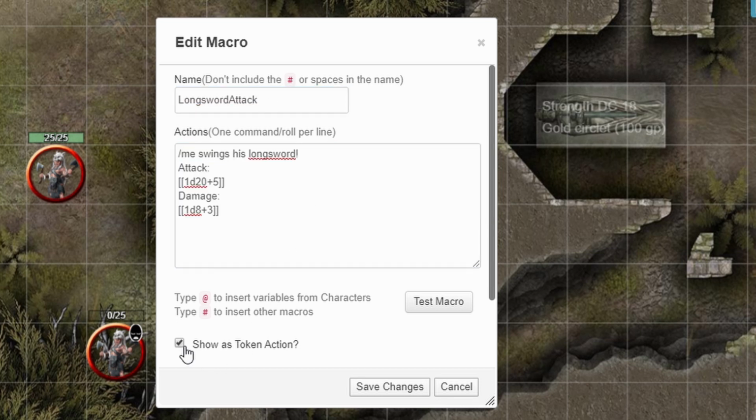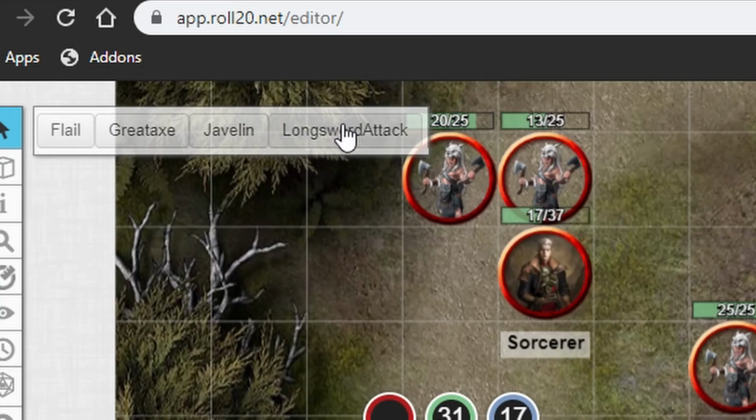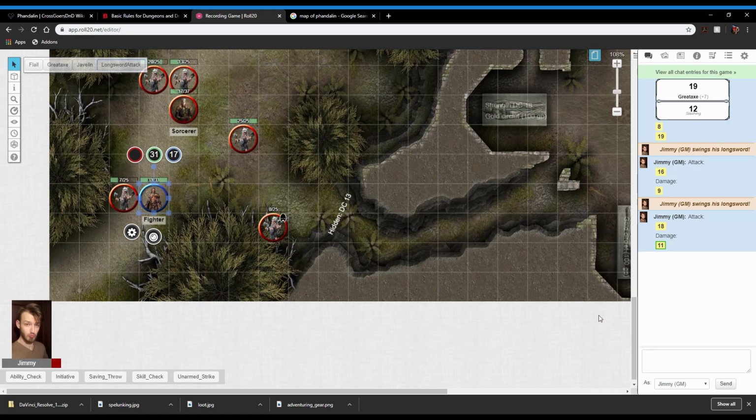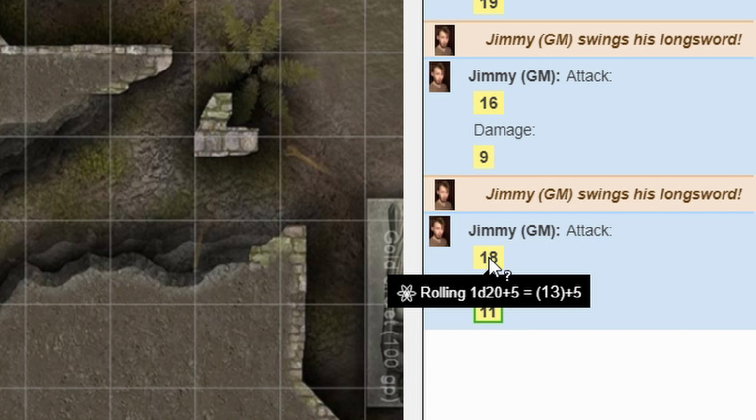I'll make that a token action, so that when I select my character, the macro comes up at the top. When I click on it, it automatically enters the same text into the chat, so I don't have to type it out every time I want to make a longsword attack. I am going to be making a more in-depth video just about macros, but in this video I'm just going